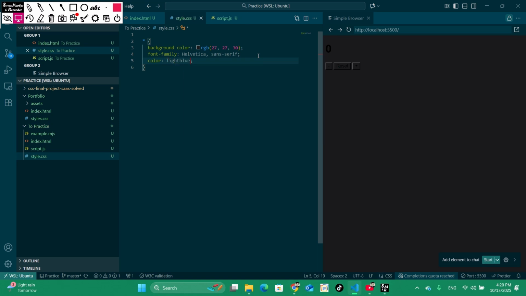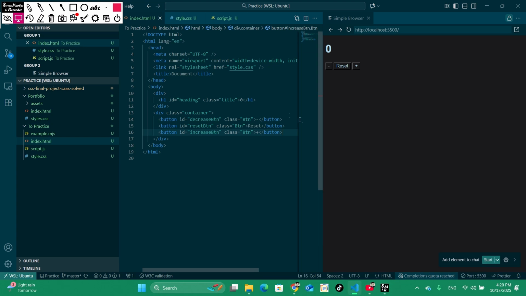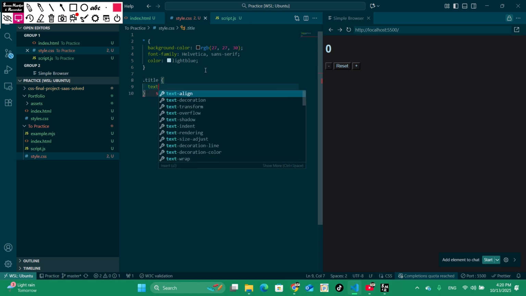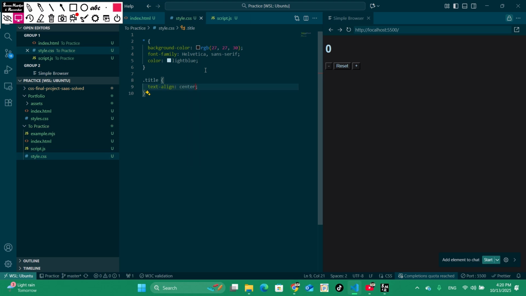I mean light blue. So it's kind of good, but it's okay. So now, what's the ID of heading? So we're gonna use the title class, the title. Okay, title, and then we're gonna center it. We're gonna use the text align, and then we're gonna use center,